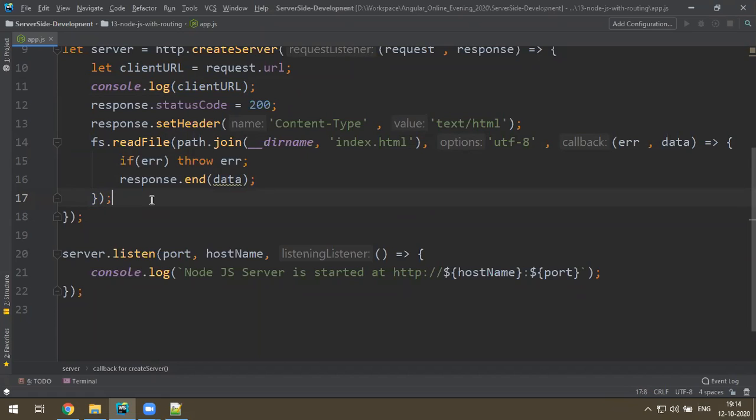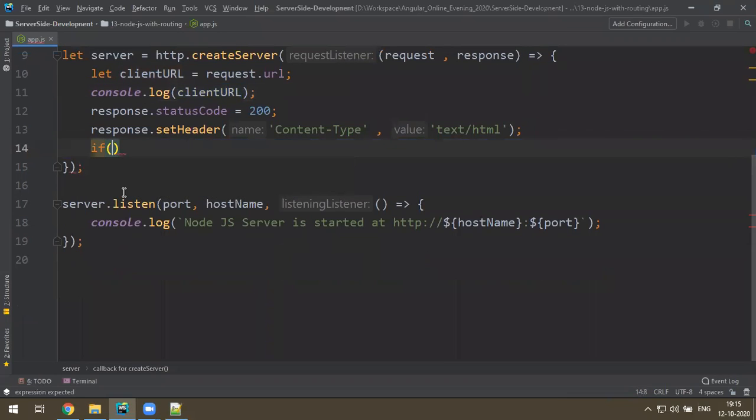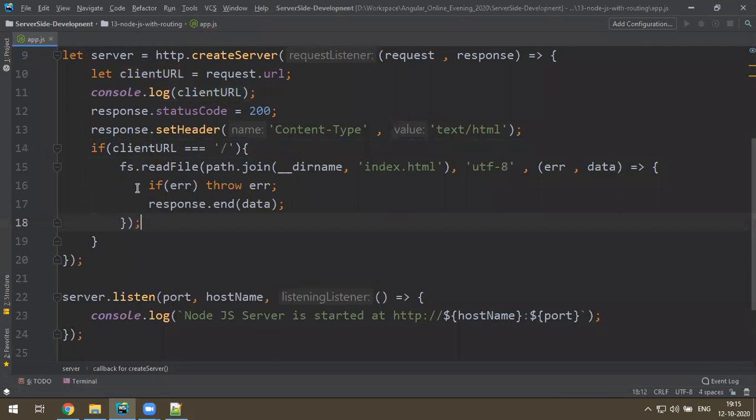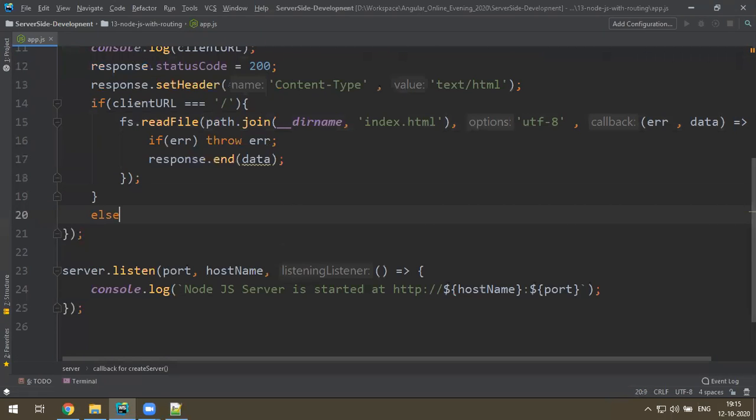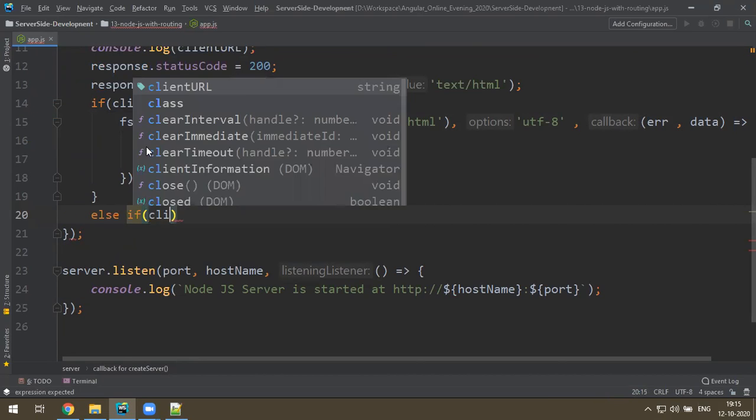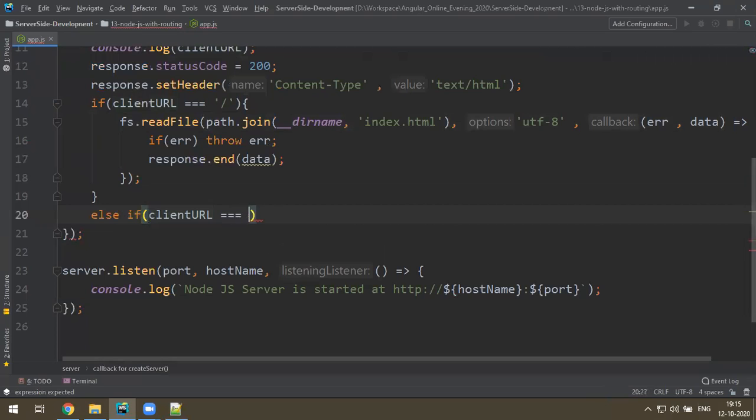No, I don't want it. I want it based on the client URL. So instead of doing this, I cut it and make an if condition: if the client URL is equal to slash, then you serve him index.html. And then else if the client URL is equal to slash about,